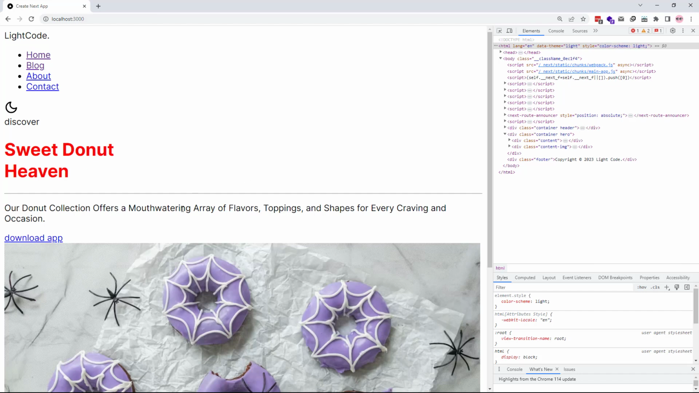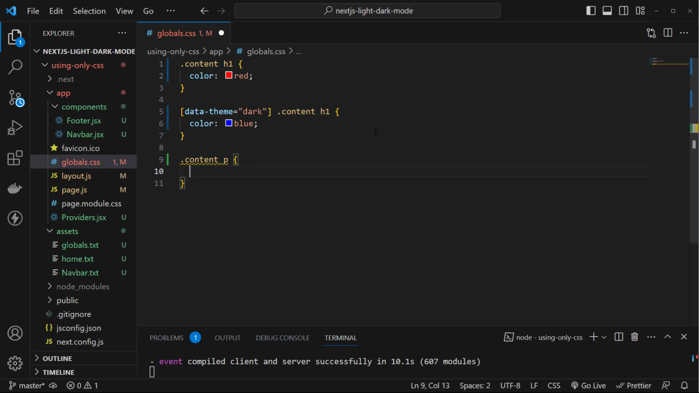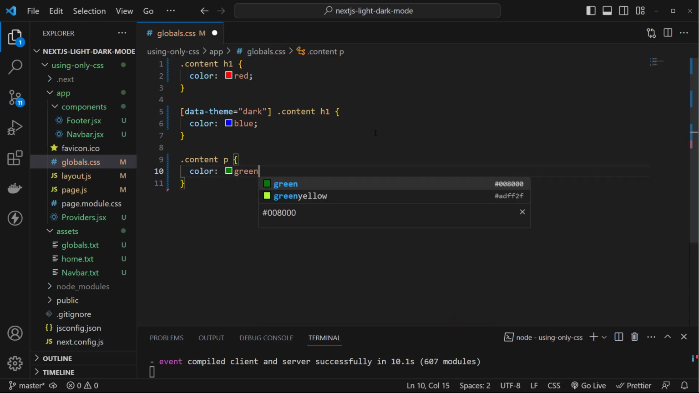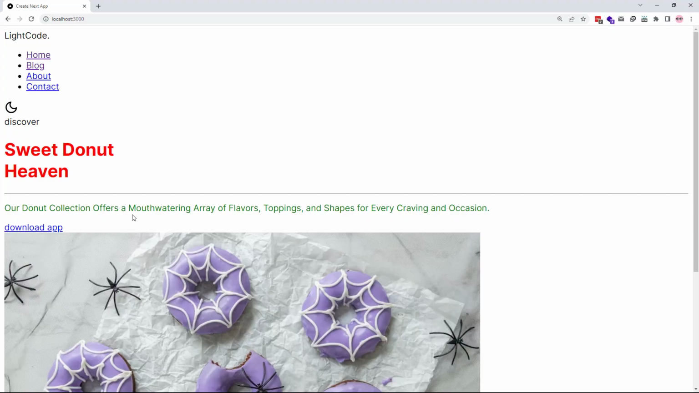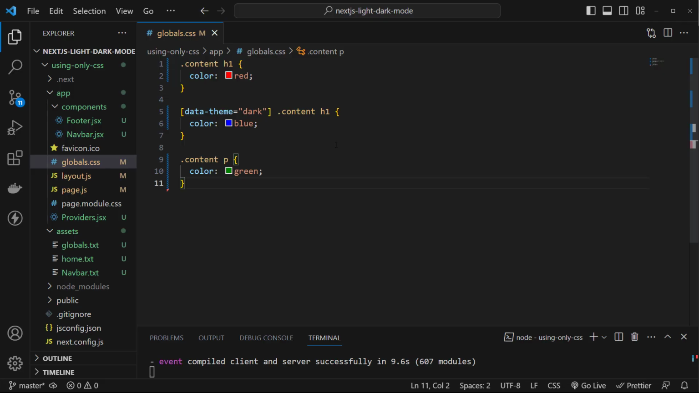Similarly, we can change our paragraph color. So first I am going to target paragraph. So let's say space p tag curly brackets color: let's say green. Now save it. Now as you can see, our paragraph text is green in both dark mode and light mode. Now we want to change the color in dark mode. So below that paragraph, let's say square bracket